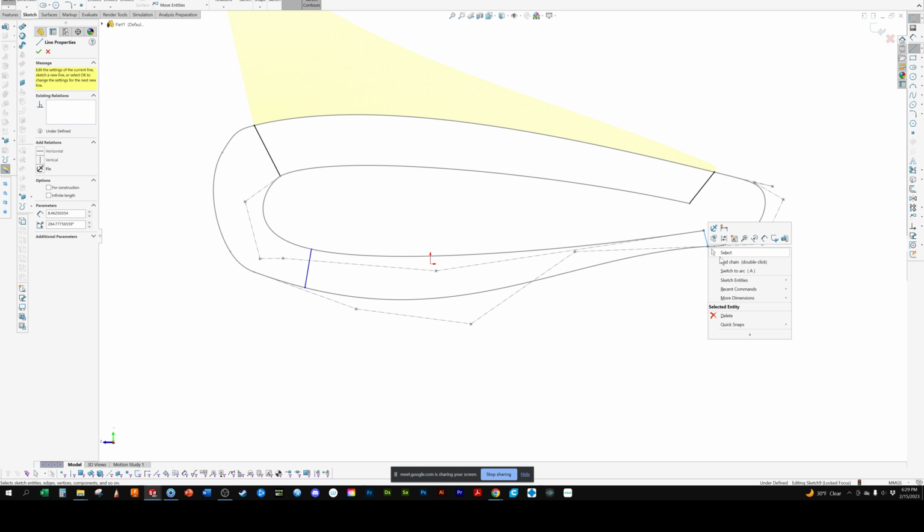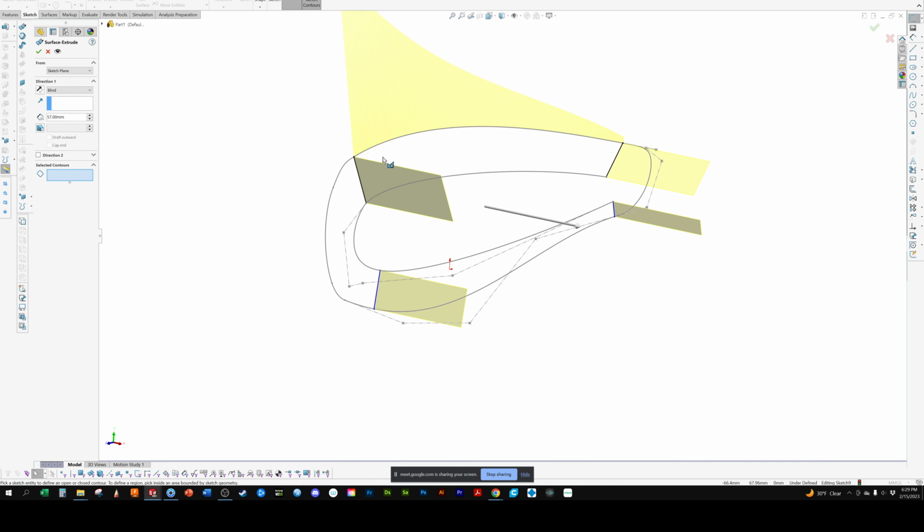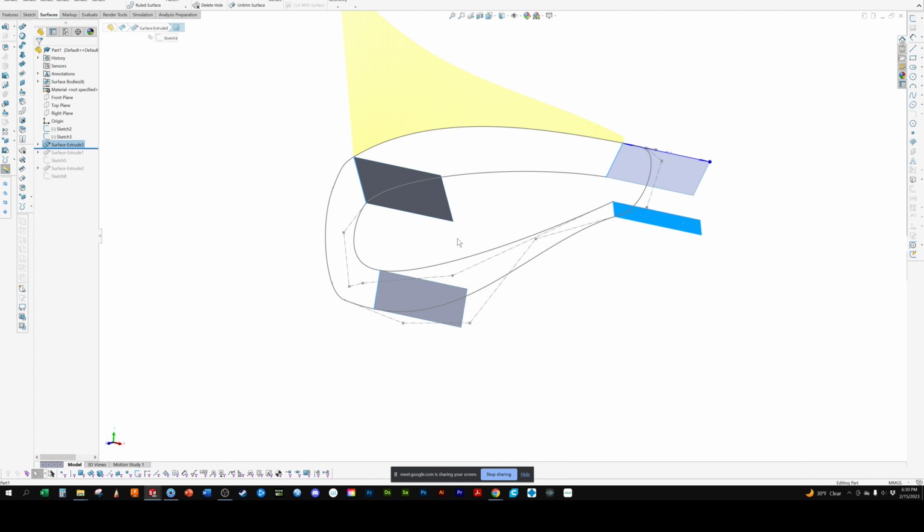So what I can do at this point is I can just extrude them all at once. And then when it comes time for me to do it, all the planes are already there. I don't have to do it each time. It just saves multiple steps. Now, for your model, everything that I'm showing you, the best thing for you to do is